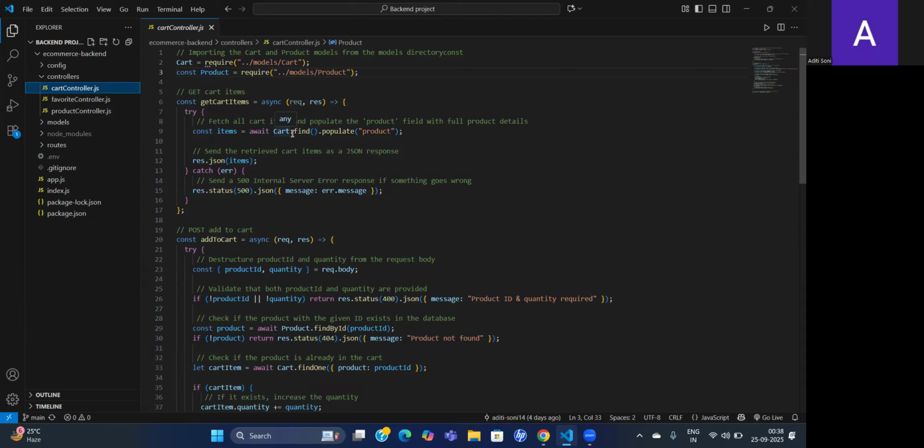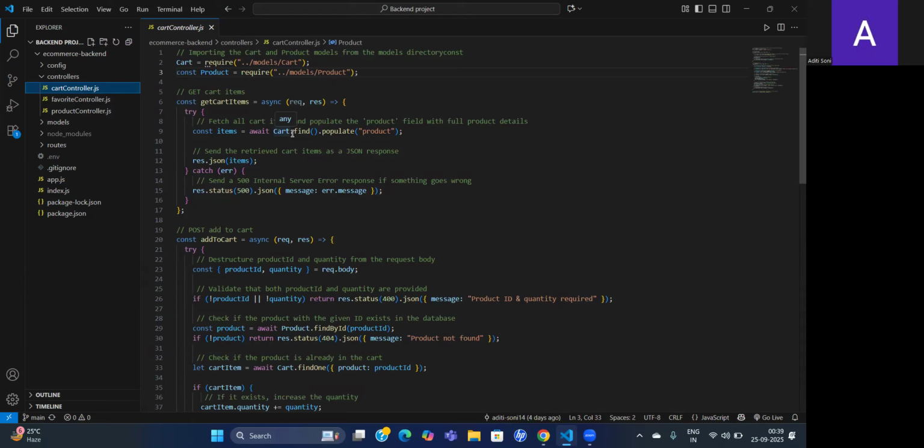When adding items, the controller checks if the product ID and quantity are valid, ensures the product exists in the database, and then either updates the quantity if the item is already in the cart or creates a new cart item